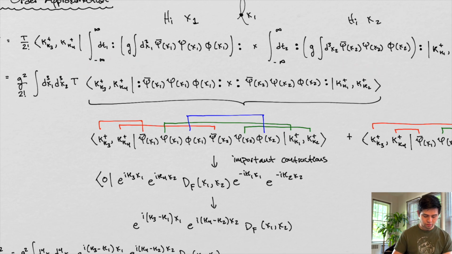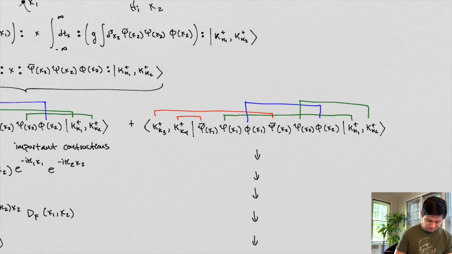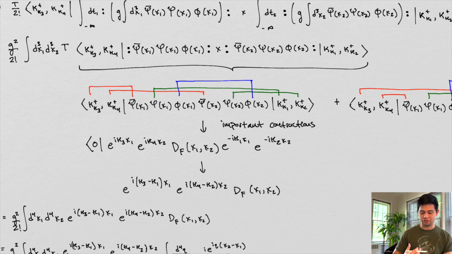So again, what we want to do now is we have the time order, we have the normal order. The difference between the time order and the normal order is the contractions. Now this is where things get a little bit hard, or not, I wouldn't say hard, but a little bit meticulous. The reason for this is because we have 2 contraction terms, and these things are pretty long. You can see how long these contractions are. The sheer length of each contraction is sort of daunting. But let's take this. We're going to do one contraction, and then I'm going to say by analogy you can work out the other one, because that'll just make this video unnecessarily long. Anyways,